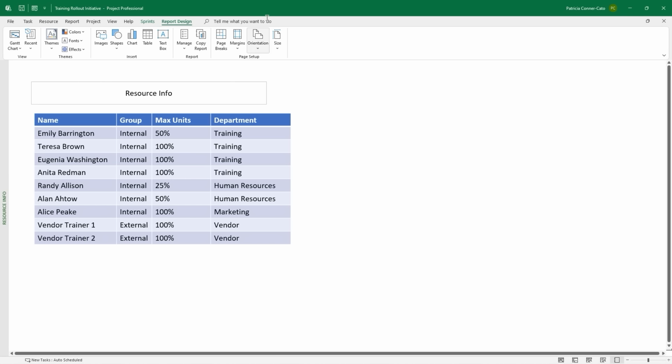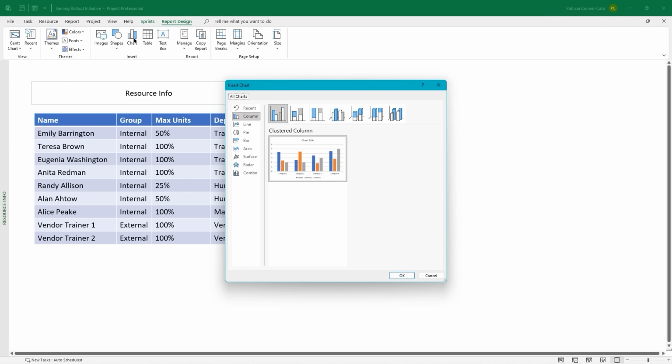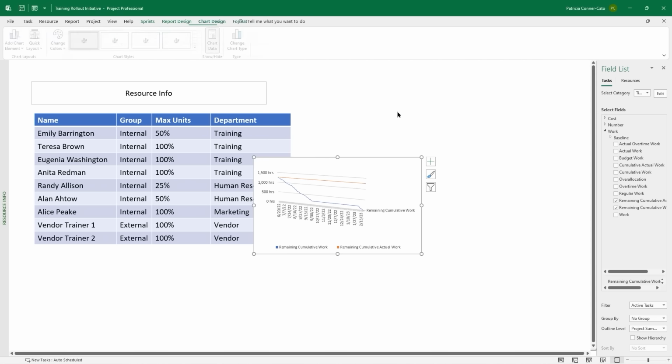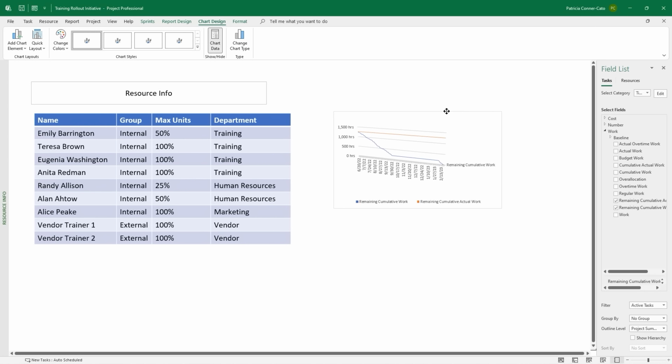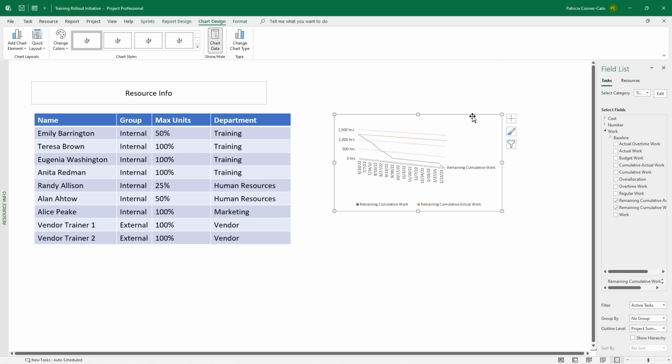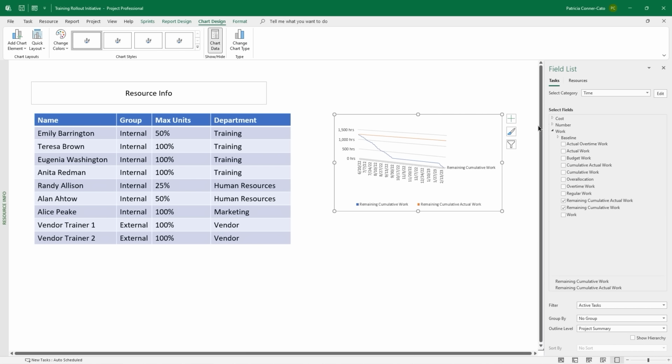And on the report design tab of the ribbon, you're going to click on chart. And on the left side, we're going to select line. And we'll use the 3D line chart, the last one at the top. So you can double click it or click it once and choose OK. I'm going to move the chart so it's to the right of the table. And in the field list,